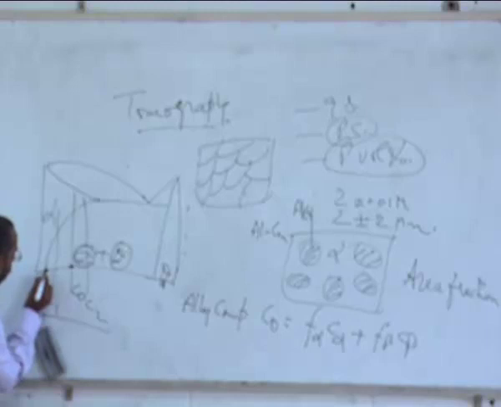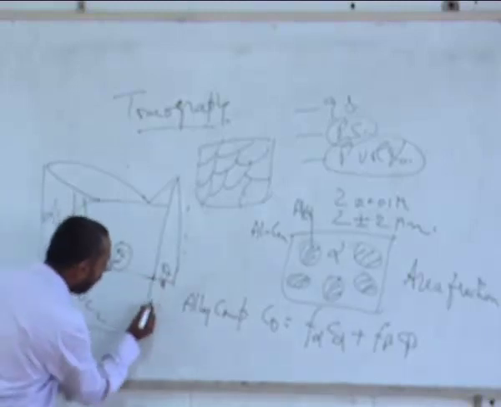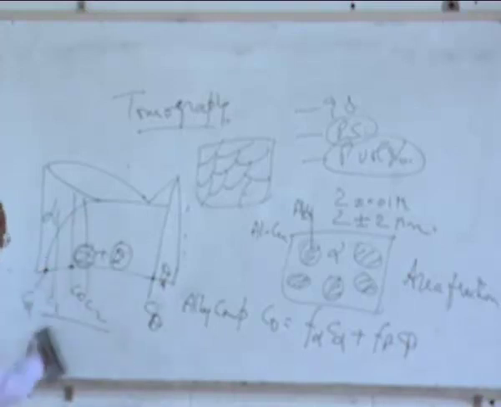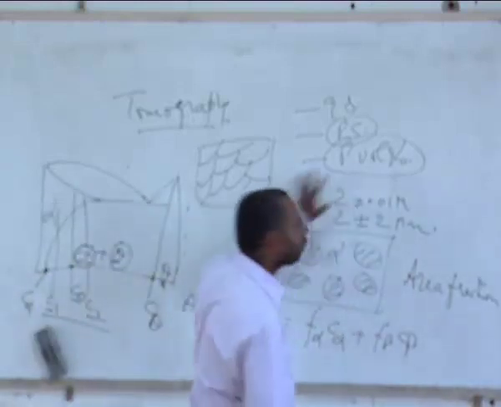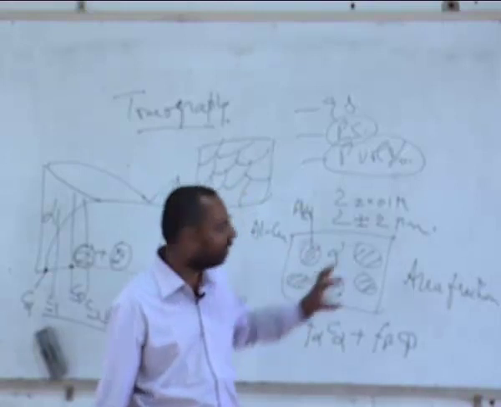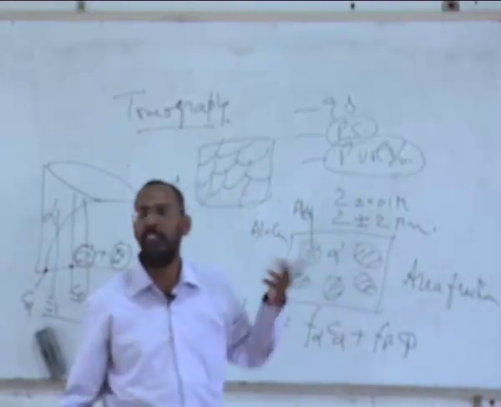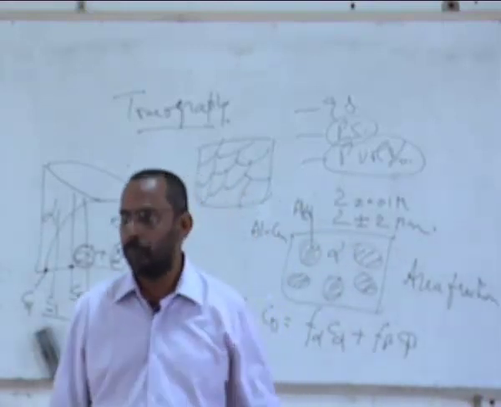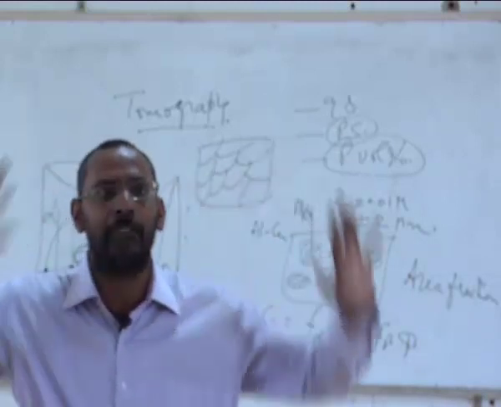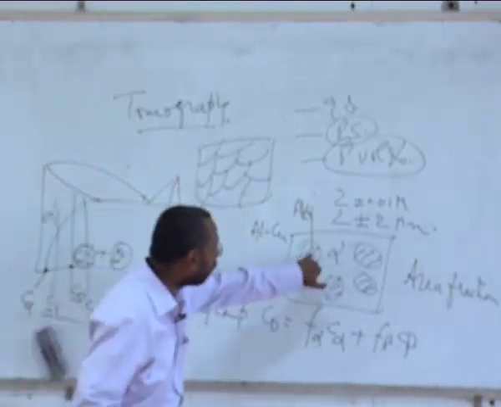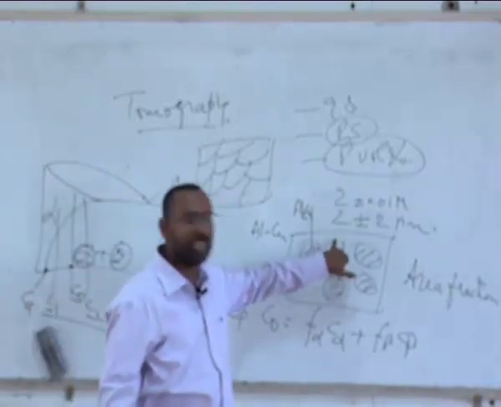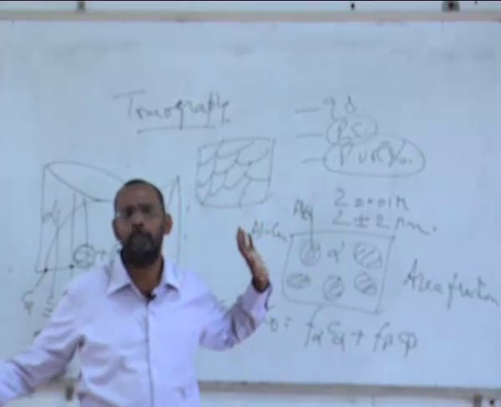This is the alpha composition. This is C alpha. This is the theta composition. This is C theta. Whether you choose a C1 alloy, C2 alloy, or C0 alloy, all these alloys will show only a microstructure like this. The only difference is the amount of these black patches. If you consider theta as a black patch inside a white matrix, the amounts of black patches will be different. But the composition of the black patch and the composition of the white region will be the same.